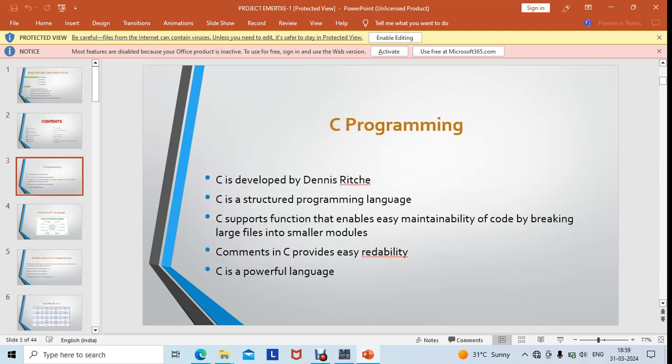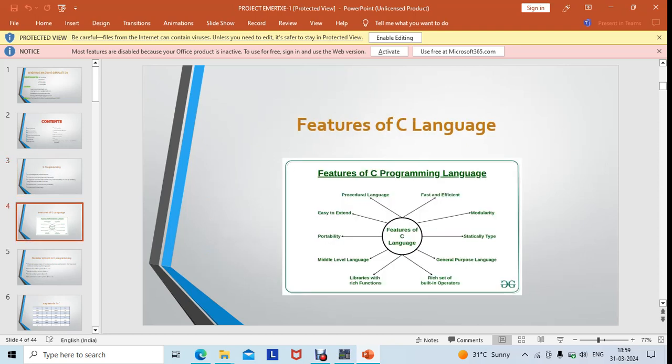C programming. C was developed by Dennis Ritchie and C is a structured programming language. C supports functions that enable easy maintainability of code by breaking large files into smaller modules. Comments in C provide easy readability. C is a powerful language. Features of the C language are